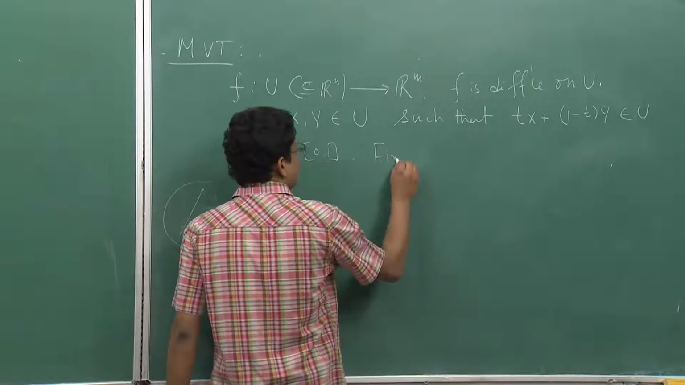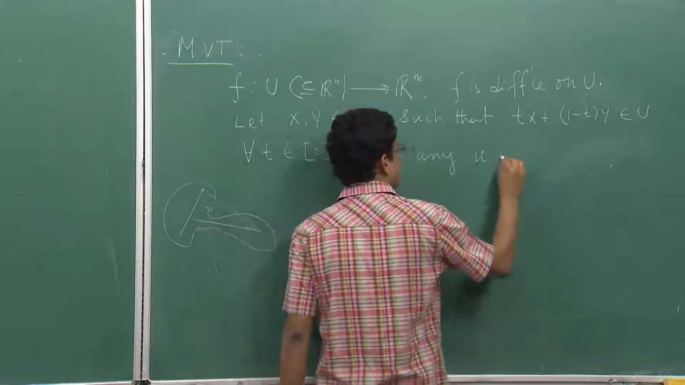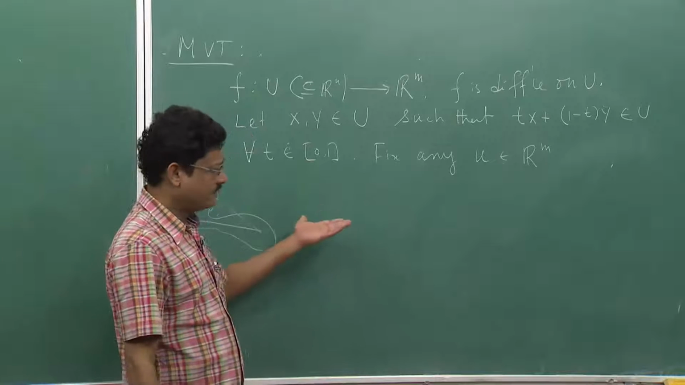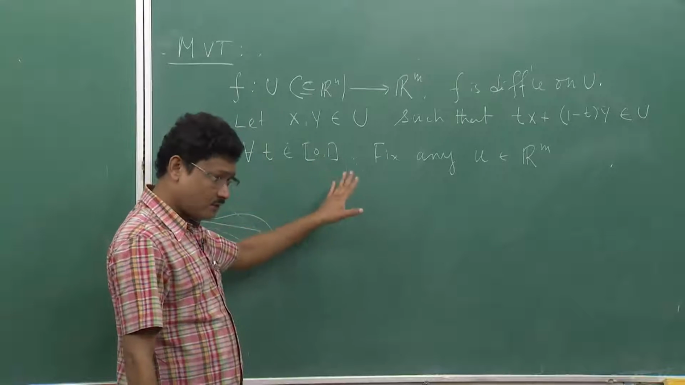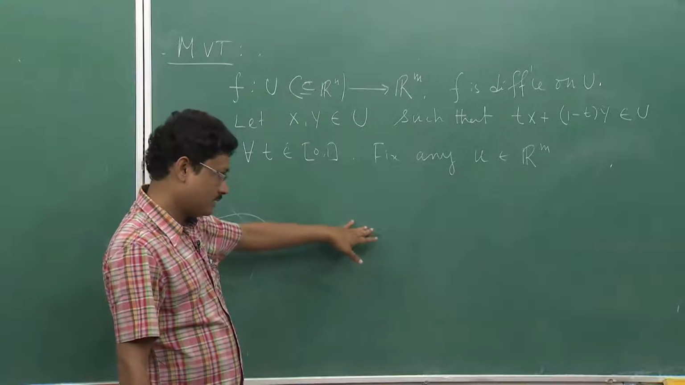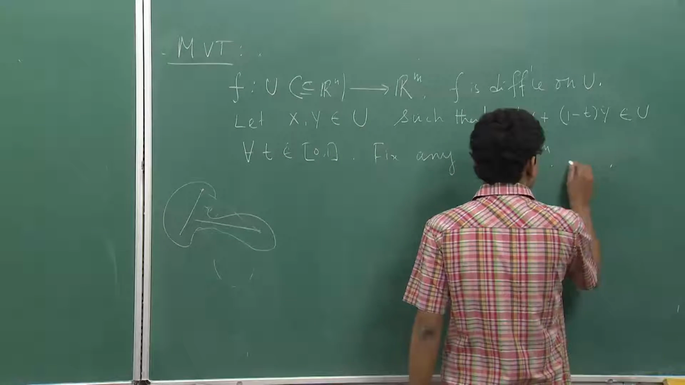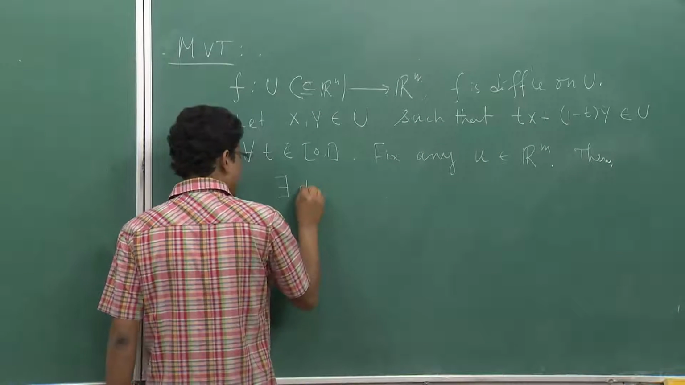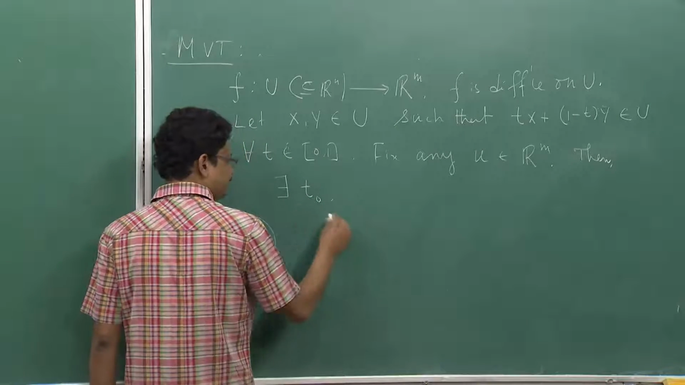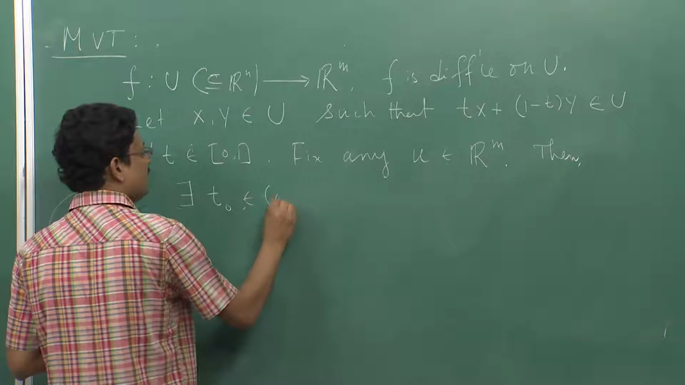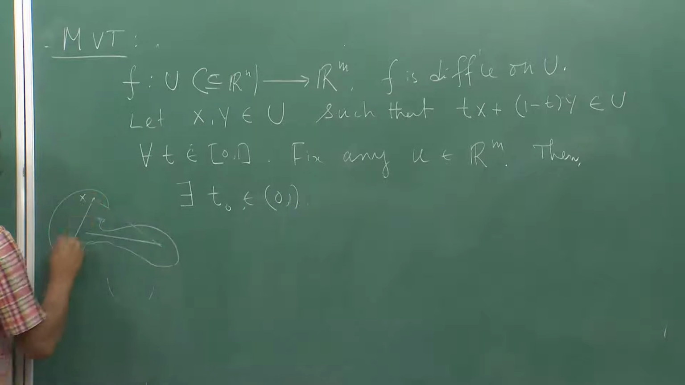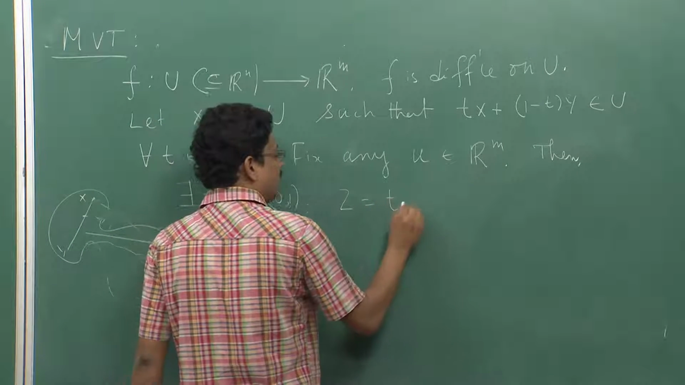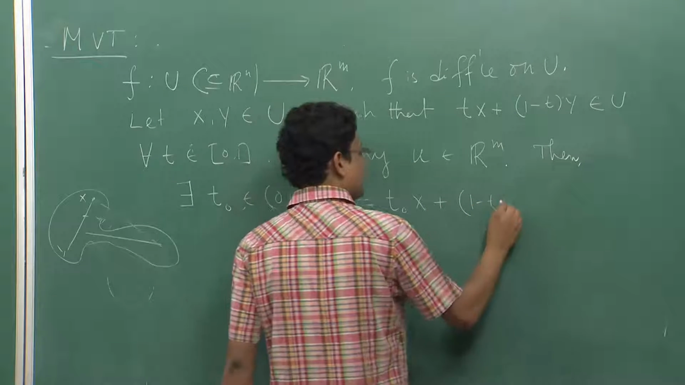So, fix any u in Rm. You can choose an arbitrary u in Rm. So, this is a kind of fixing a direction. Fix any u in Rm, then there exists a T naught, something in between on the line joining x and y, so that if I take z equal to T naught x plus 1 minus T naught y, then